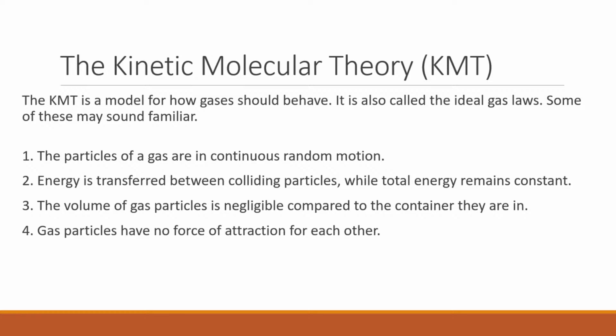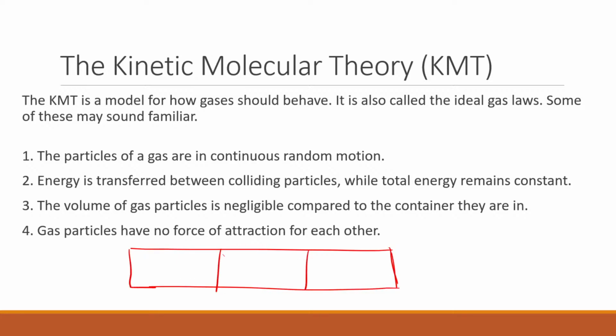When two gas particles collide, in this small comic strip we'll draw here, energy is transferred between them. And when they bounce away, the total energy should be the same as it was before they collided. So if they start with 7 joules and 3 joules for a total of 10 joules, when they collide and energy gets transferred,